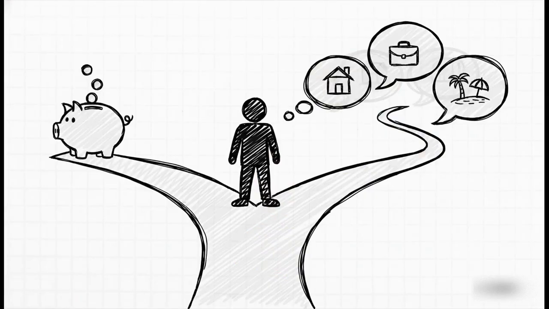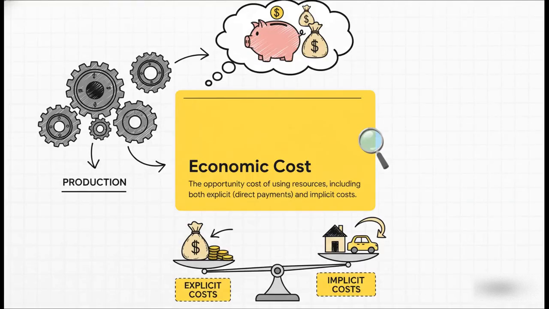And here's the secret. This is really the core insight of all of economics. The money you spend is only chapter one. The real cost, the one that shapes every single strategic move, isn't just about the cash going out. It's about the other roads you could have taken. It's about the opportunities you sacrificed. It's all about what you give up. And that leads us right into the foundational concept for this whole discussion: economic cost.